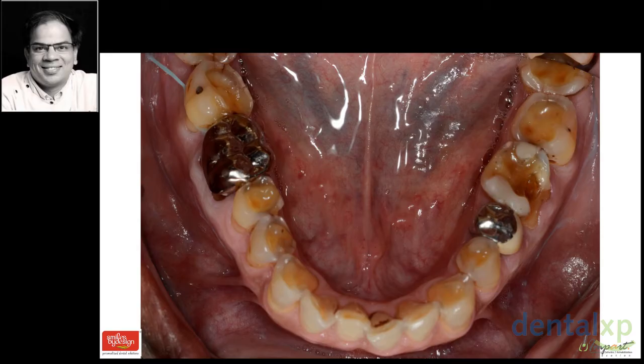My goal here is to just try and stimulate you to think beyond occlusion for some of these cases. And when you say that occlusion is not a big problem for this particular patient, that means I need to follow simple occlusal philosophies to treat them. I don't need to take very complex records and complicate the entire treatment plan for him from an occlusion standpoint. It's a simple treatment.